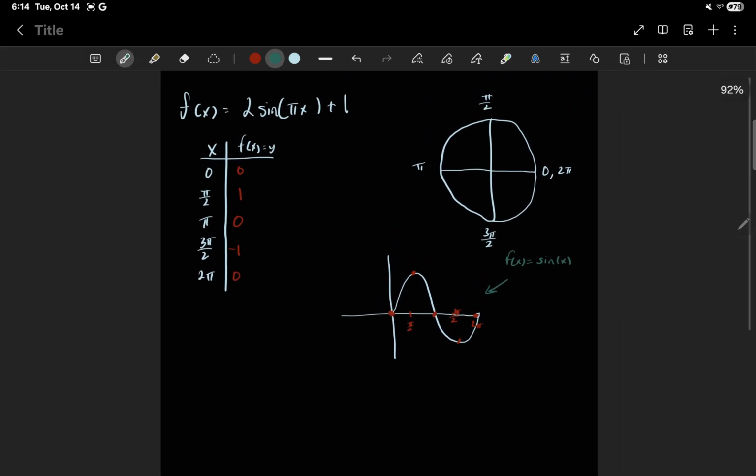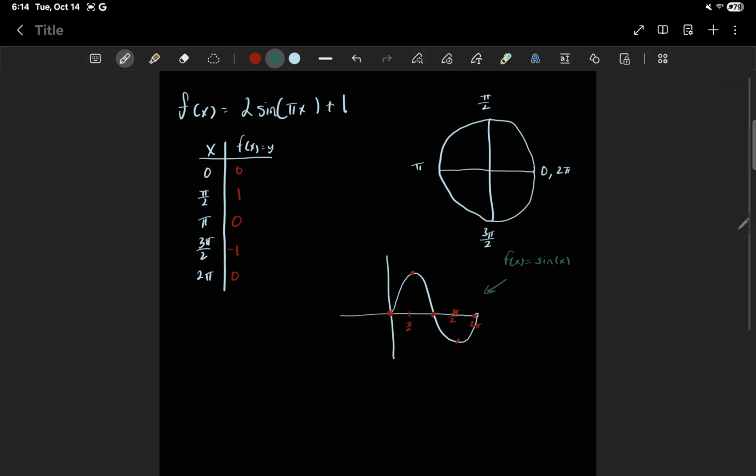So what we need to do now is graph this transformed function, the function that's in white here. All we need to do is, if numbers are on the outside of the parentheses, like 1 and 2, these numbers affect y. And if we have numbers on the inside, like pi, these numbers affect x. So the way we're going to think about this is